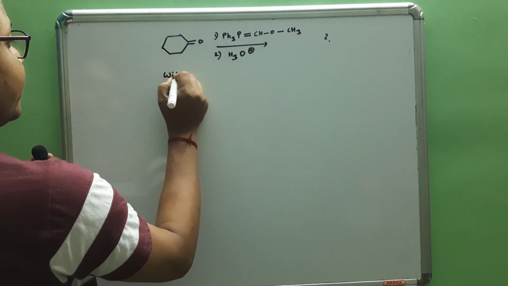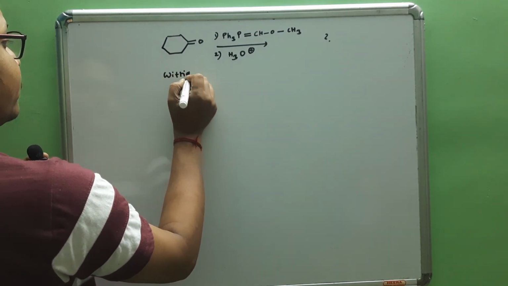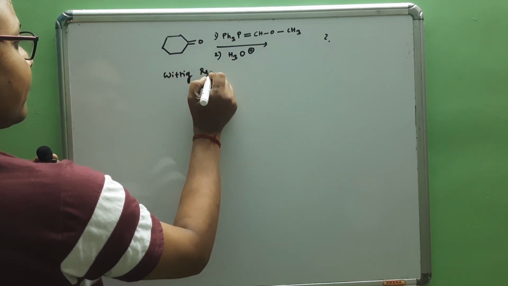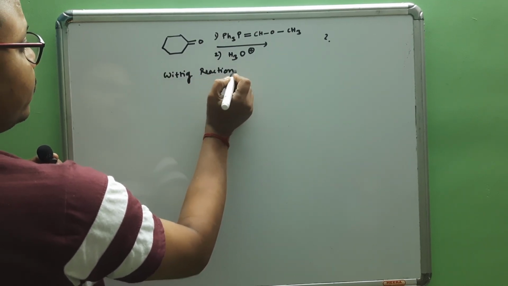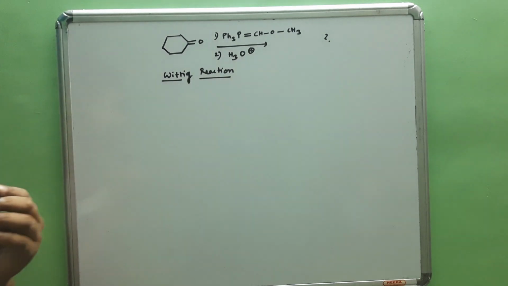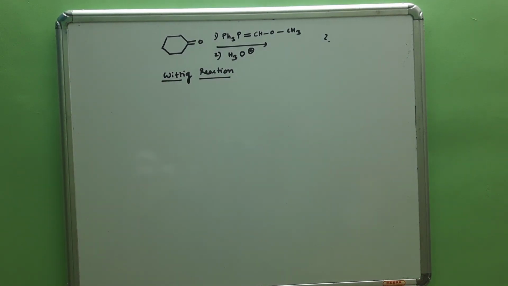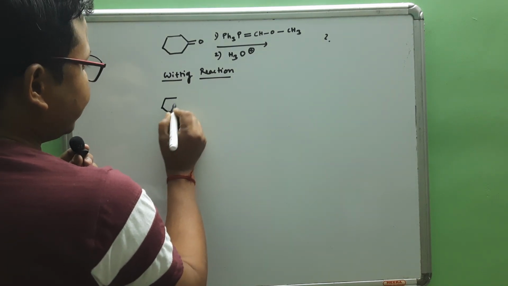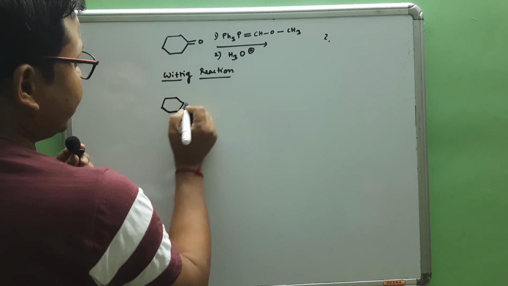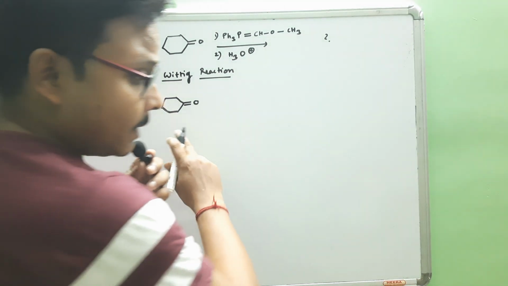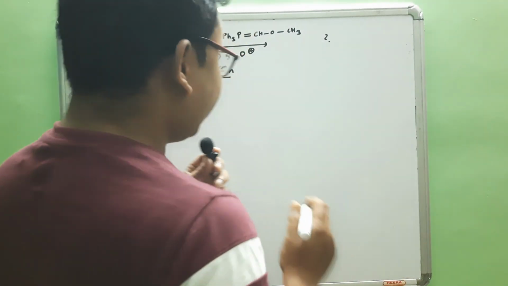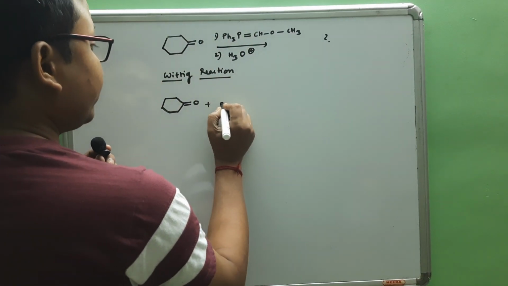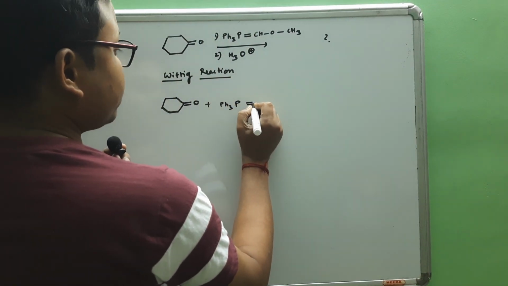This basically comes under a name reaction. This is the Wittig reaction. My dear student, I hope the board is quite visible, and if the board is not visible, you can write down in the comment section. Okay, so when cyclohexanone, or not only cyclohexanone, any other carbonyl compound, is treated with the phosphorus derivative,